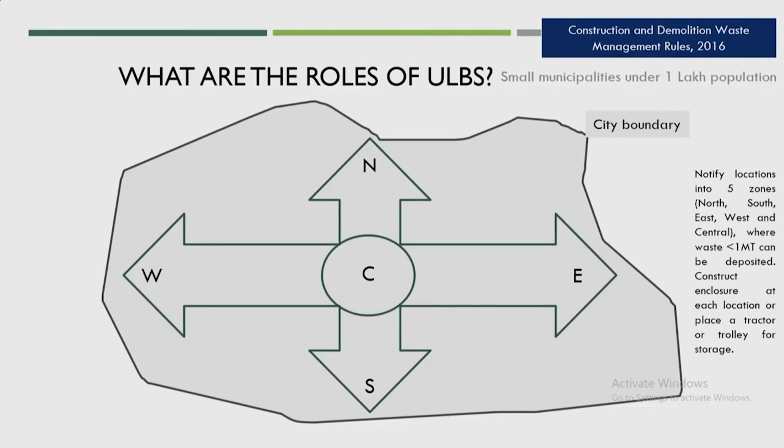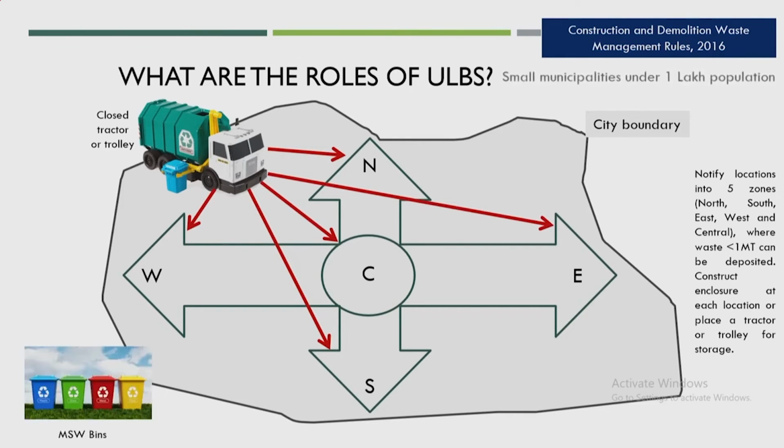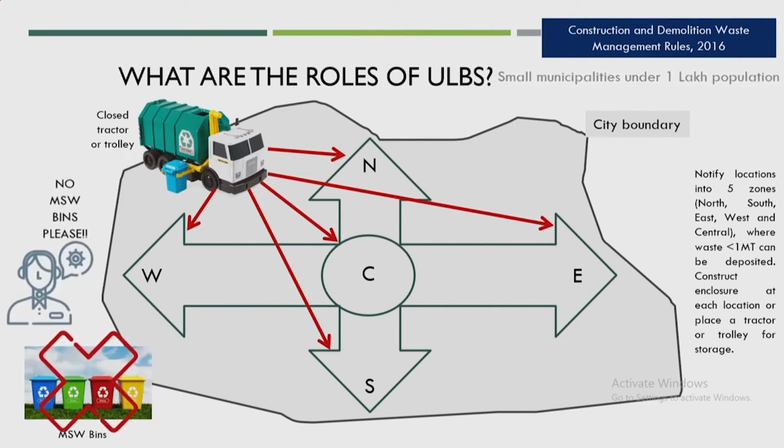Now, it has been notified. This role is explained specially for the small municipalities under 1 lakh population, the small habitations, where it has been notified that the entire city has been segregated into 5 zones: north, south, east, west and central, where waste less than 1 metric ton can be deposited, and an enclosure constructed at each location, or a tractor or trolley placed for the storage. So, all 5 locations, you provide a closed tractor or trolley in those locations, and